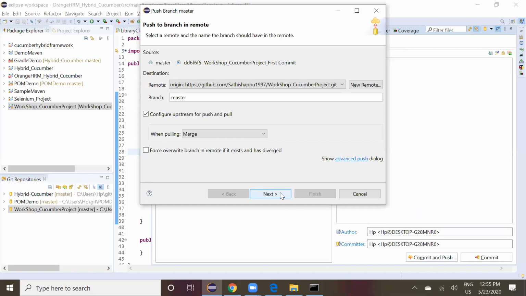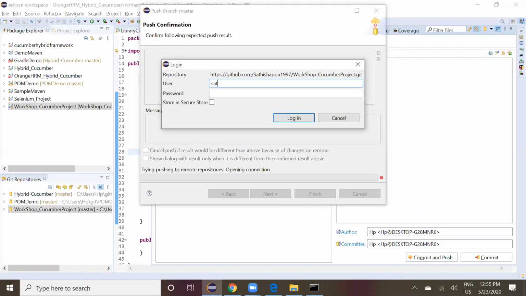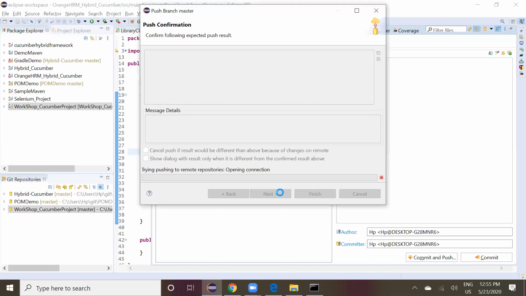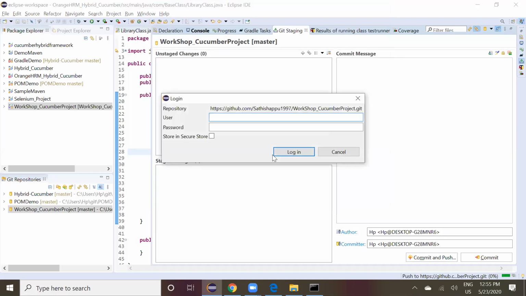Okay, click next. Give username and password. Click finish. Give username and password.